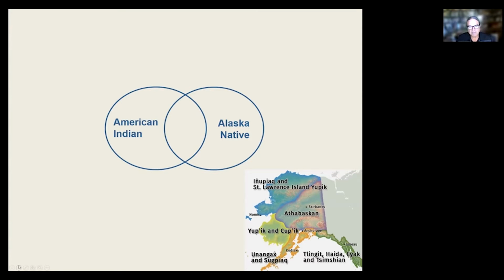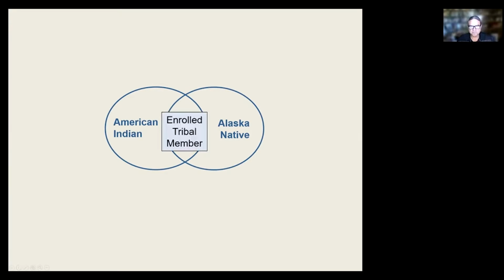But when you look at other populations like the Inuit or Yupik populations in Alaska, they are not American Indian. They are indigenous, but they are not American Indian. So the Inuit population, for example, is more of a circumpolar population. So we have Inuit people who live in northern Alaska, but also in Siberia, Canada, and Greenland. So Inuit peoples are not American Indian, but they are Alaska Native. So that's kind of the definition of the American Indian and Alaska Native population.